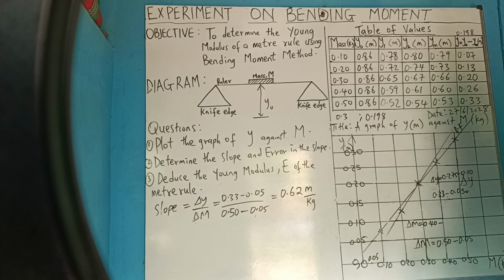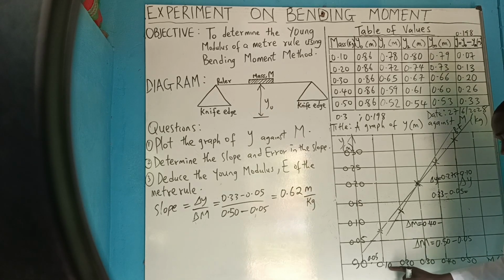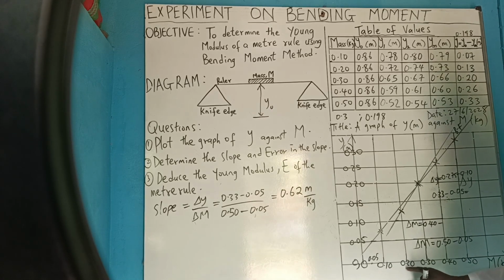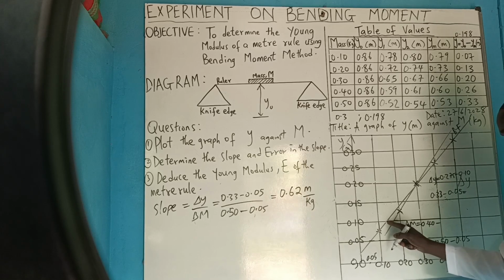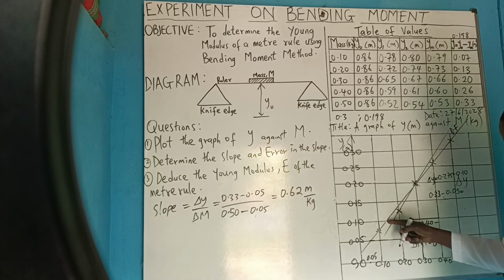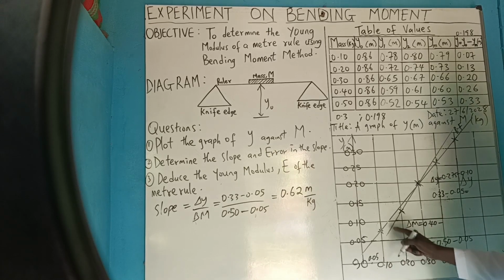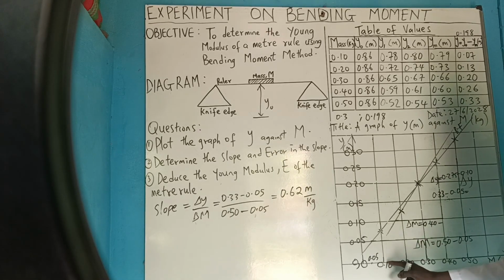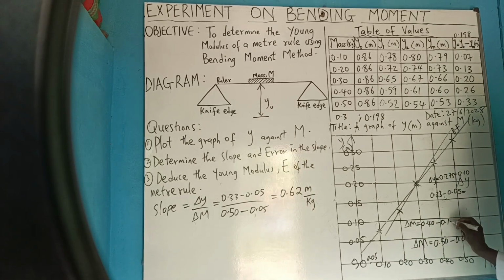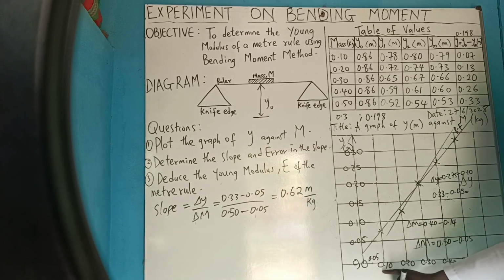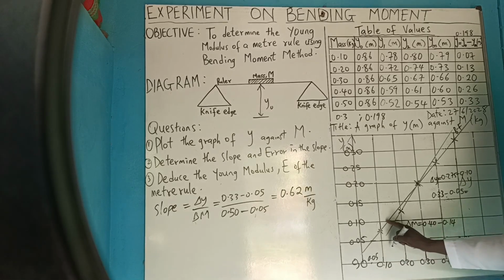Since here is 0.10 and here is 0.20, here will be about 0.14, since it's not up to the middle. Since here is 0.10 and here is 0, since here is not up to the middle,